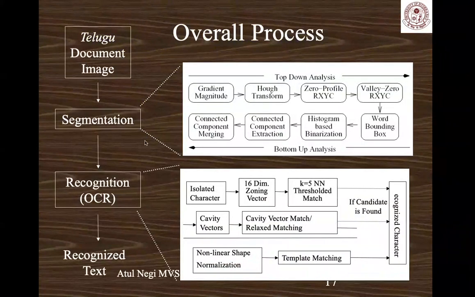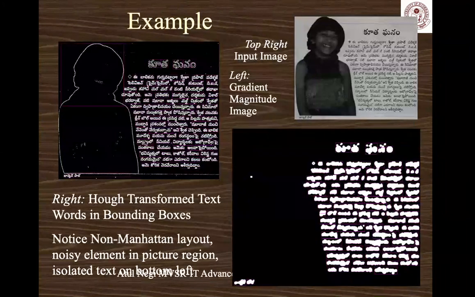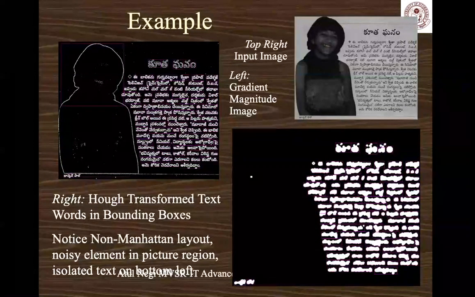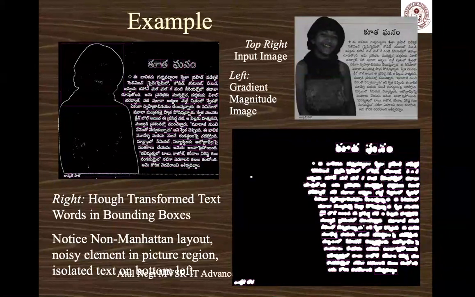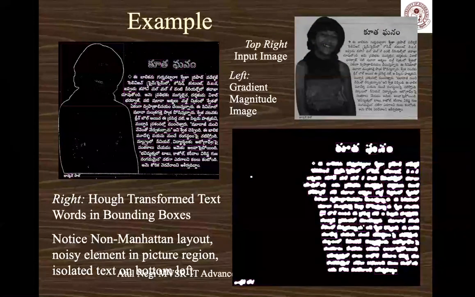Okay, then this is one more approach which was there previously, which was based upon feature extraction. From images we were trying to find out whether or not there is a Telugu character, and then recognizing that character. This is from one of the India Today magazines. You can see it's a difficult example because there is a picture and the text is superimposed on that picture. So first we have to remove the picture and see that it goes away, and then only we are left with the text.